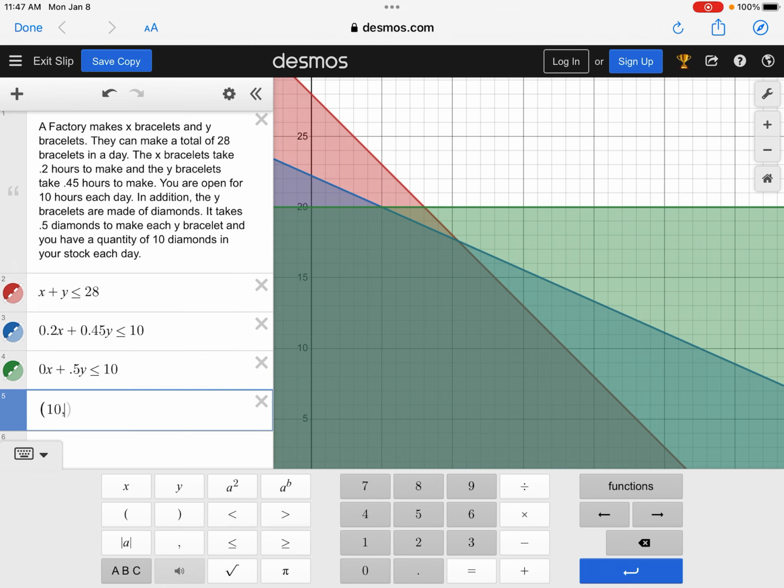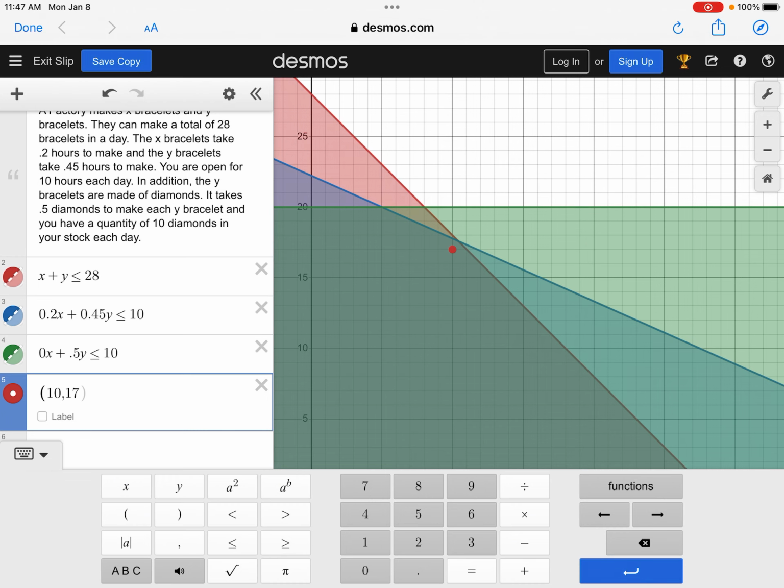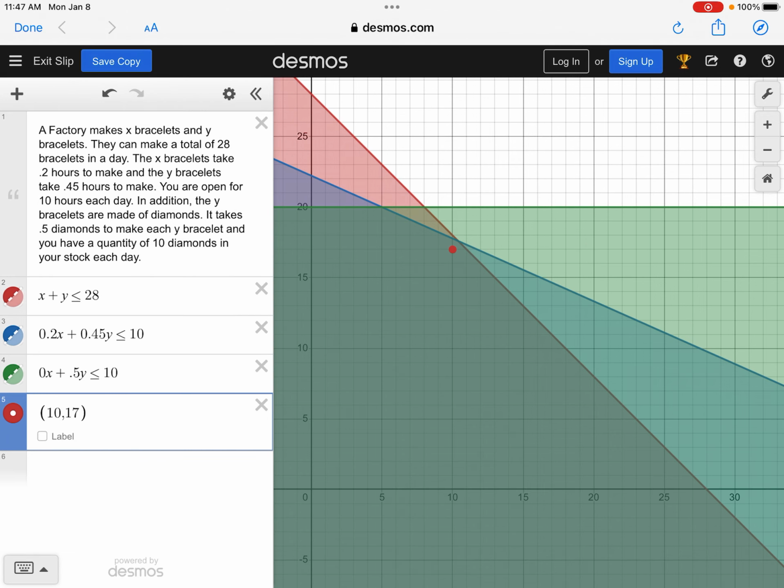So for example, we could make 10 of the X bracelets and say 17 of the Y bracelets. All right, that point right there is underneath all of our lines. It's under all our restrictions. So this could be a possible point that we could make for our factory. We could make 10 of the X bracelets, and we could make 17 of